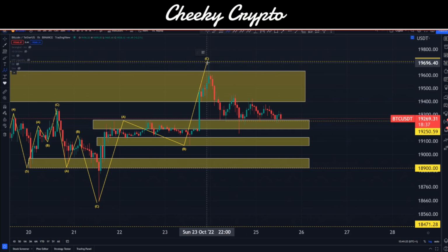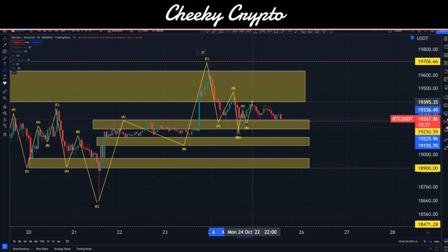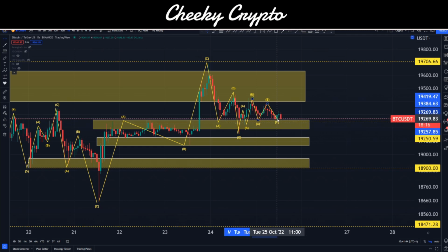Now, we have three wave structures. These are just corrective. We can kind of say that one looks like it is done there. But we've got to move up in three. Now, there's a small one in here. It's possible that it's done like this, okay, and we can move on down. And if that is the case, then the next one would be looking like this, and we've just got to come down a little bit further, which we kind of already did about 2 hours ago. Okay, so it's possible that this one is also looking to be complete.